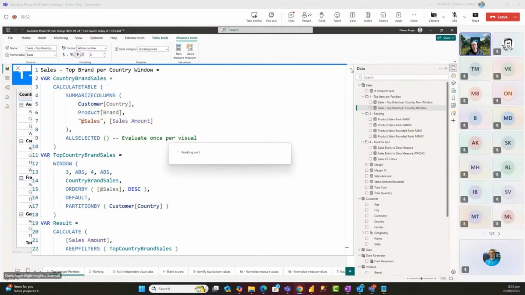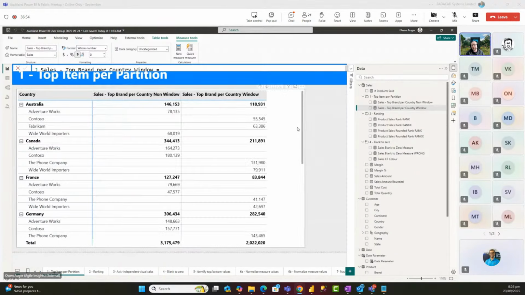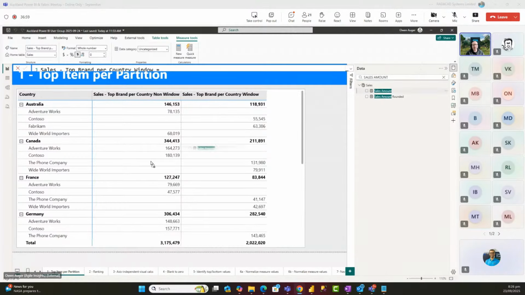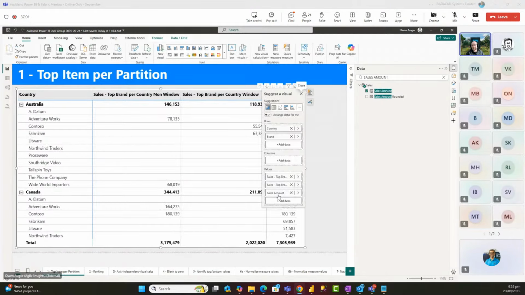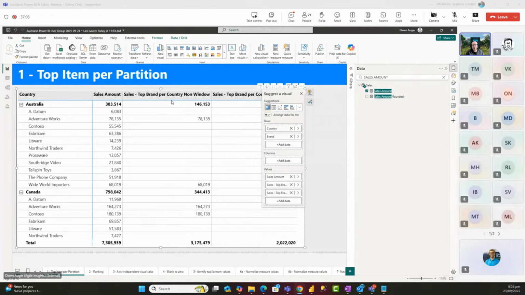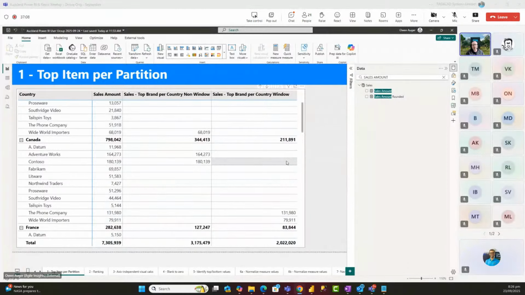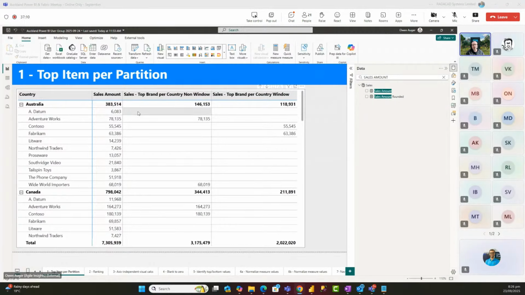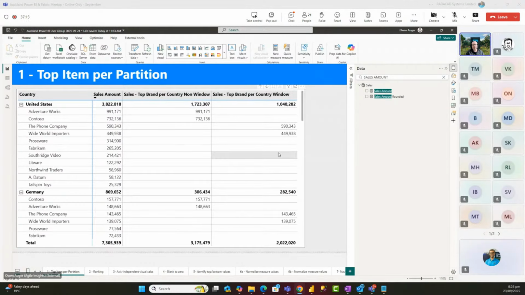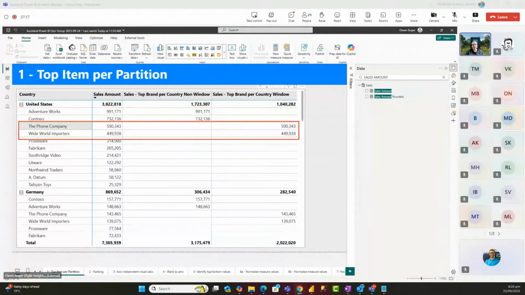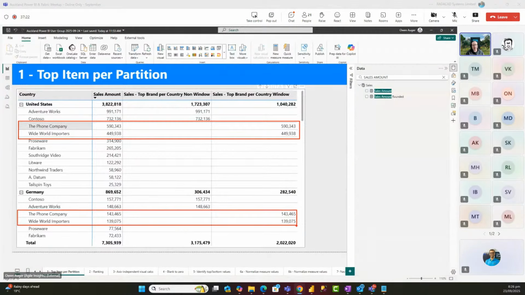And if I bring back the base sales amount measure just so we can confirm that's working, I'll put that first. Yep, so indeed, sort by sales amount, sorry, to be a bit clearer. Yeah, so indeed with this window function based measure, we now have the 3rd and 4th ranked brands per country. A little bit of a contrived example